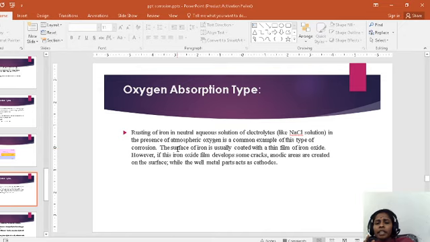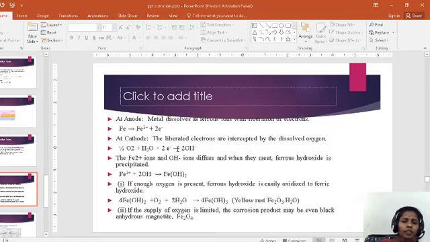So when the metal has any cracks and pores, that crack portion acts as the anode, whereas the plain surface acts as the cathode in this case. So what happens at the anode? Generally at the anode, an oxidation reaction takes place. So iron loses 2 electrons to produce Fe2+.